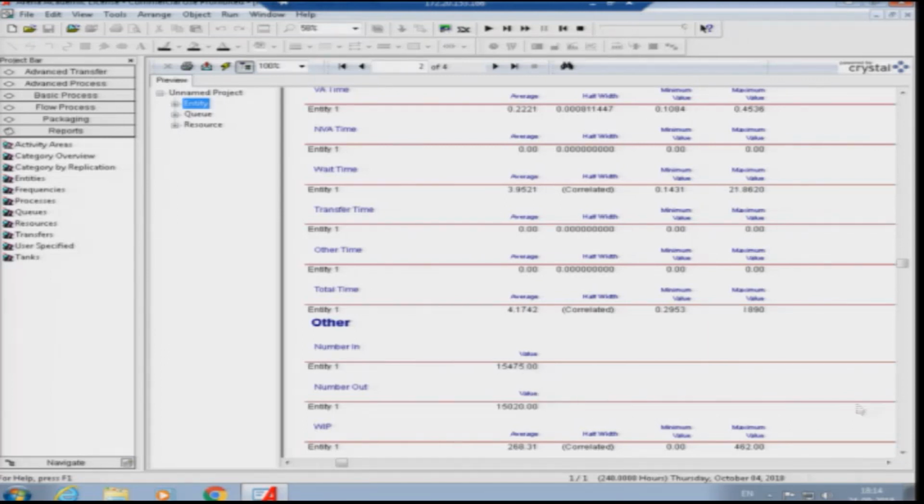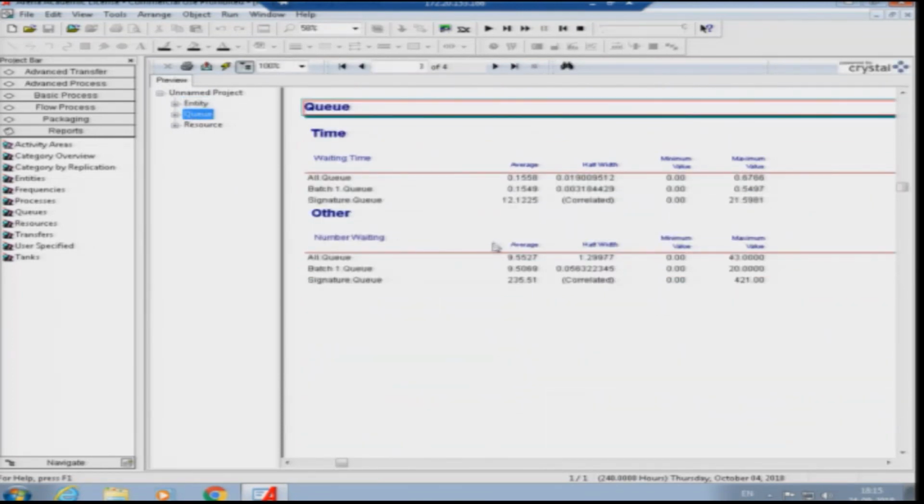So, now you can see again it has been improved, the input and output ratio has been improved from the previous case. Now, we will check the queue size and queue length. So, now the queue size and queue length have improved for the all queue, but for the signature queue it has again increased,